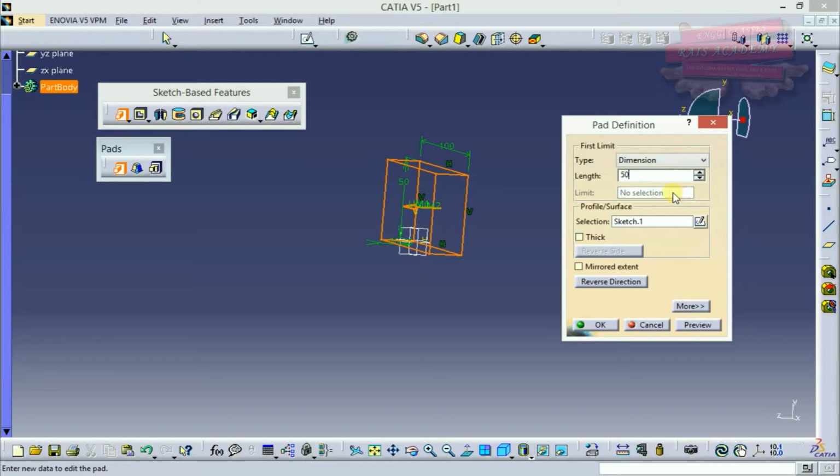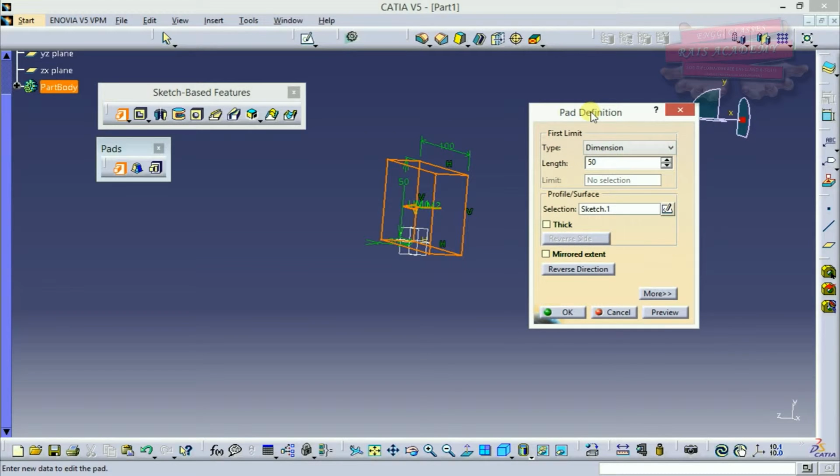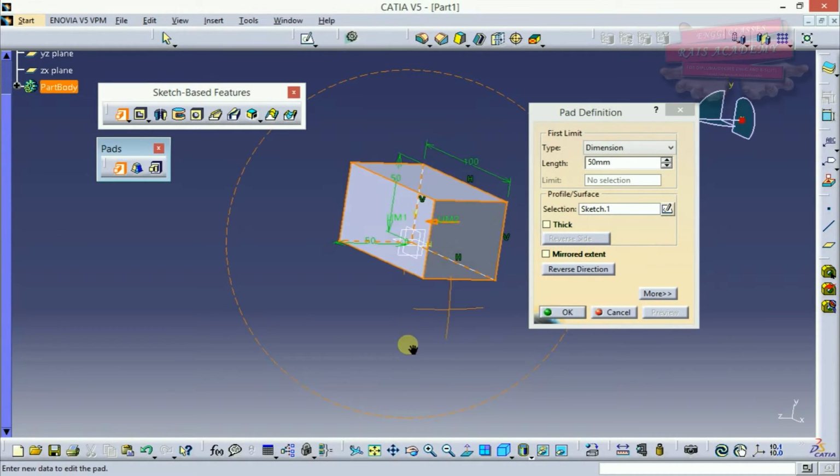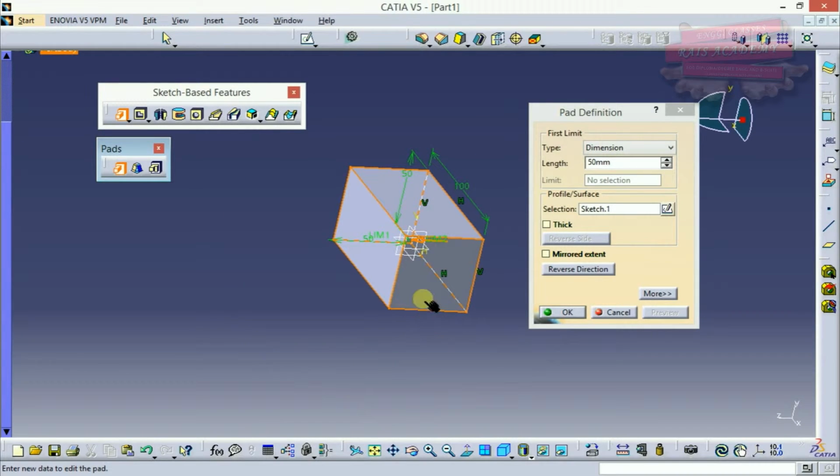I have already selected my sketch. As I have selected my sketch, my whole body will get extruded as a thick solid body. If you want your sketch to extrude or pad as per the outline of the figure, you can select thick.